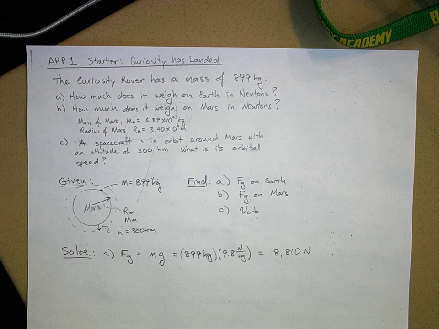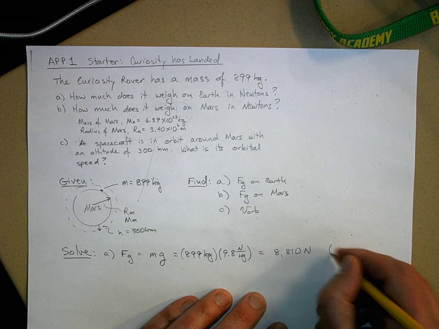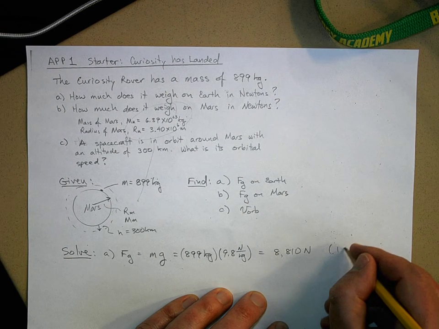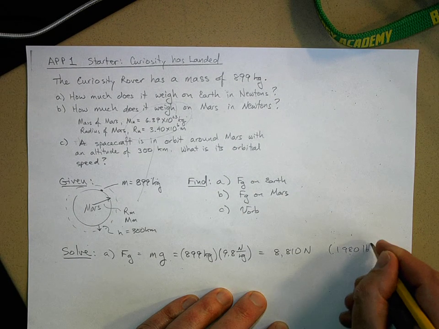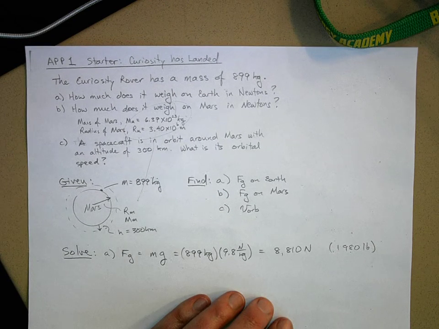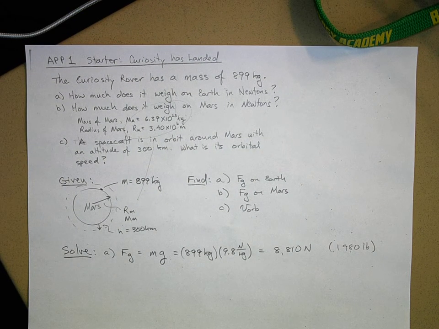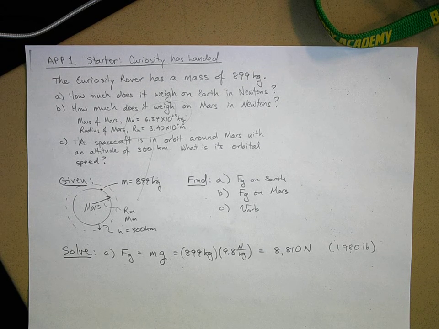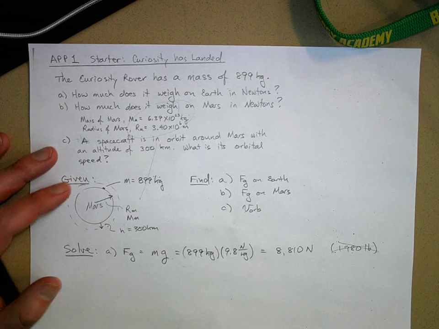Now, by the way, there's 4.45 newtons in 1 pound. So if I divide that by 4.45, and you didn't have to do that, that's almost a ton. It's 1,980 pounds, since you guys are more familiar with thinking about things in terms of pounds. So it's like a small car. They put a small car on Mars. Okay, no gas needed. It's nuclear powered. All right. Now on Mars,